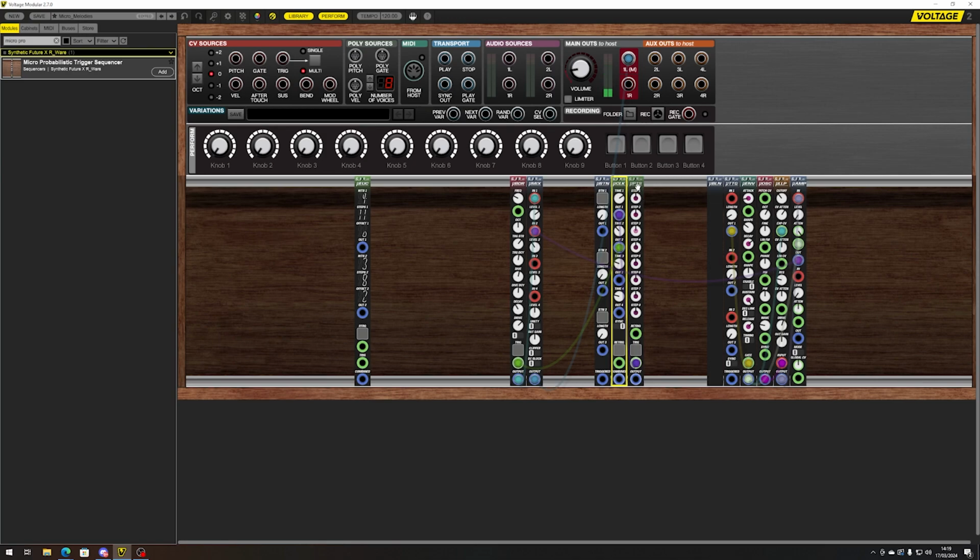Now what the probabilistic trigger sequencer does is every step has a chance to happen, and whether or not it will happen is basically random. So let's just quickly reset all the clocks and output this to the trigger gate. Now in the basic setting, every step has a 50% chance of occurring. Let's make the first step a little bit more likely, make these a little bit less likely, and just